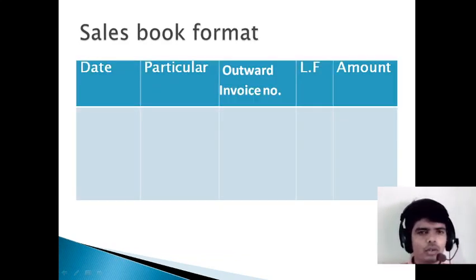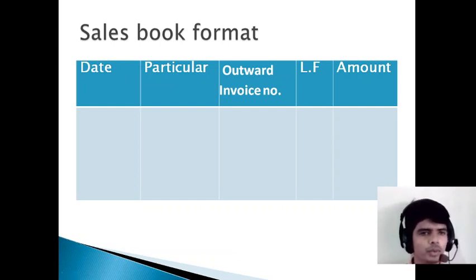Sales book format: date, particulars, outward invoice number, LF meaning ledger folio, amount. You should not get confused: in the purchase book there will be an inward invoice number, here an outward invoice number. Hope you guys are clear with the purchase book and sales book.